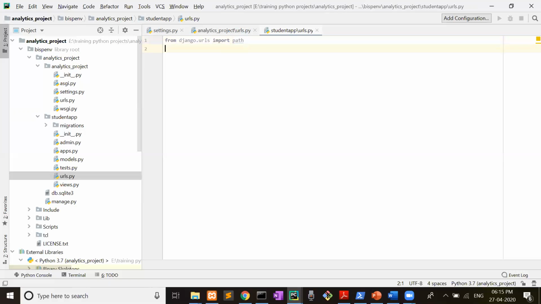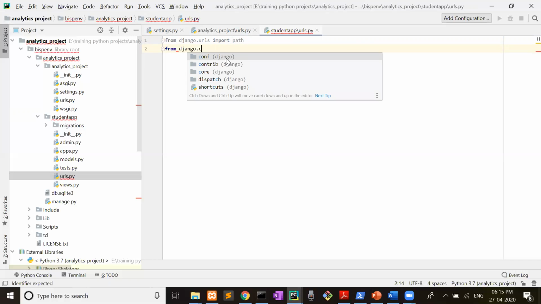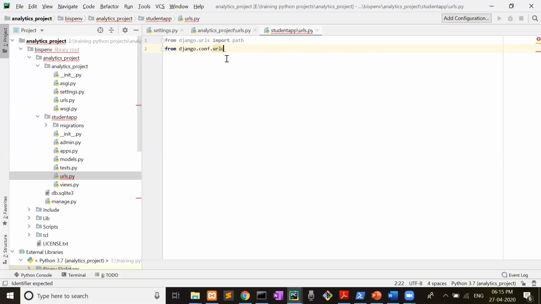After that, from django.conf.urls import include, url. After that, app name student app.